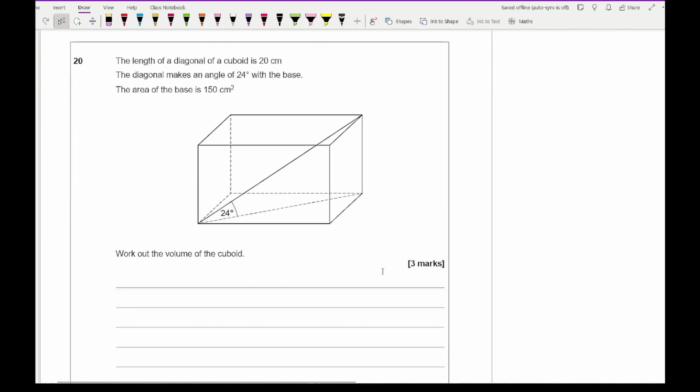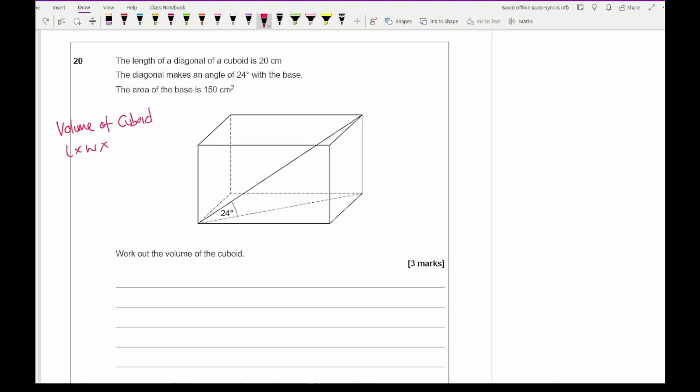Then moving on to question 20, it says the length of a diagonal of a cuboid is 20 centimeters. The diagonal makes an angle of 24 degrees with the base. The area of the base is 150 centimeters square. Work out the volume of the cuboid. So to work this out, the volume of a cuboid is obviously length times the width times the height, but it's also, so let me just write that down,